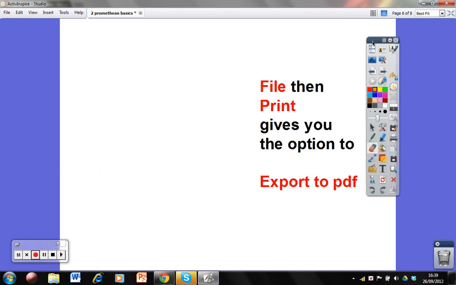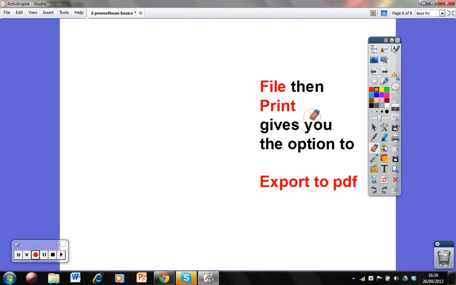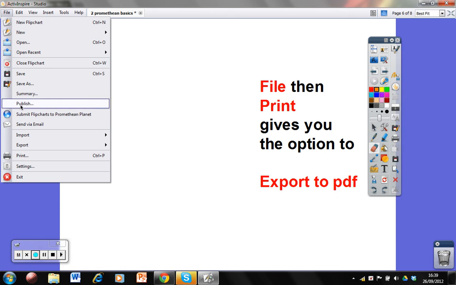What's perhaps slightly less intuitive, because if you save a flip chart, that is not going to be in a version that students would be able to access. You couldn't send them the file because the file wouldn't make sense in the software they have available. What you need to do, if you've done a brilliant mind map or something in the session and you want to share it with students or put it onto your learning platform, you'll need to export the flip chart to PDF. And the way that you do this with the Promethean board is to go to File and not export,